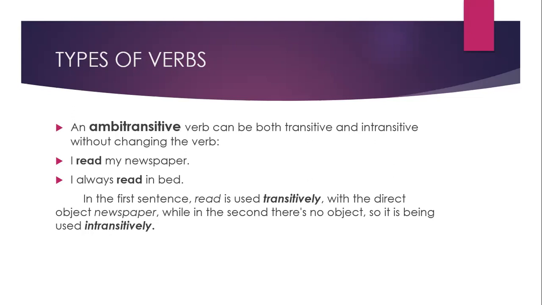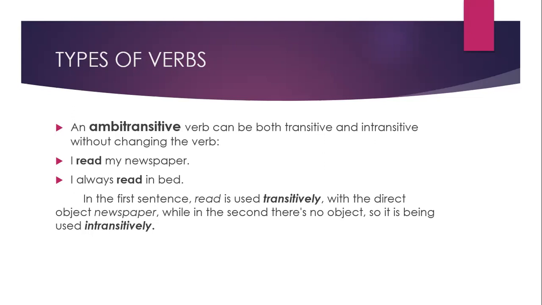Then we also talk about ambitransitive verbs. These verbs can be both transitive and intransitive without changing the verb. The same form of the verb can in some environments be transitive and in other environments be intransitive. Let's look at an example. Here I have, I read my newspaper. And then the next one is, I always read in bed. You agree with me that in the first example, whichever tense you want to use, the verb is followed directly